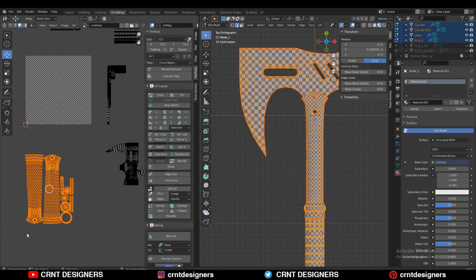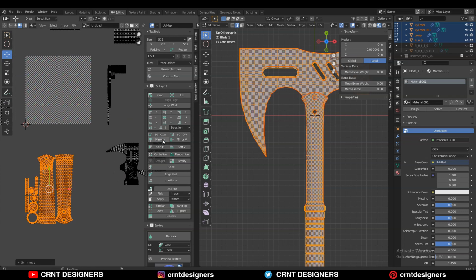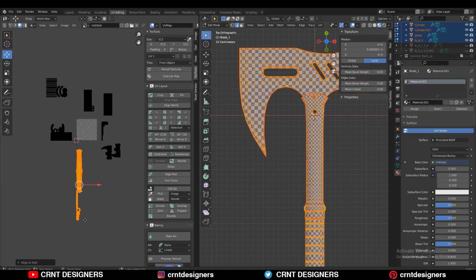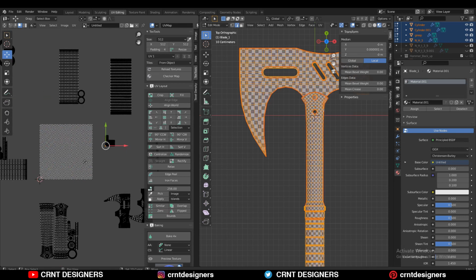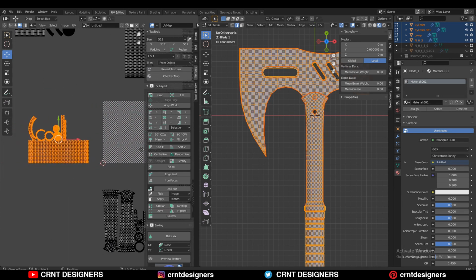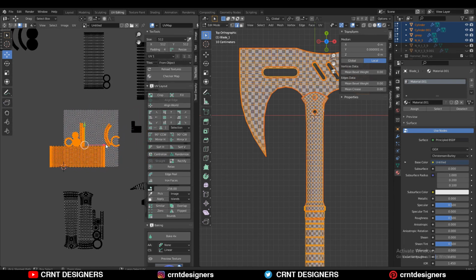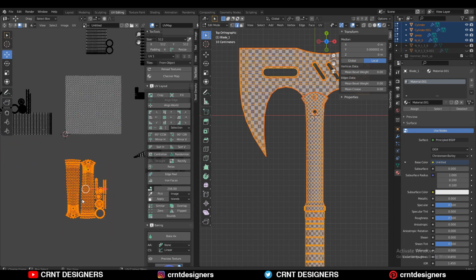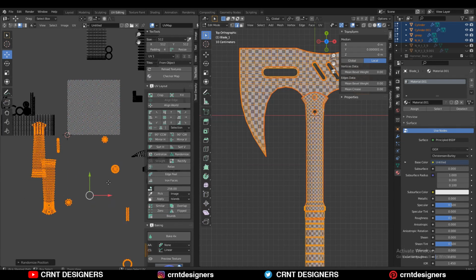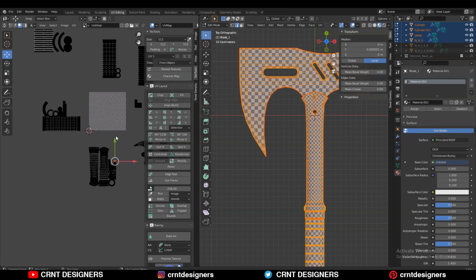So you can select any UV islands and you can do that same thing, short H or short V, like this. This feature is also very useful. If I select this UV island and then I press centralize, it will take all these UV islands into the UV space. Then if I select this UV island and press randomize, it will randomize your UV island, like this. You can understand the features of these options by their names.